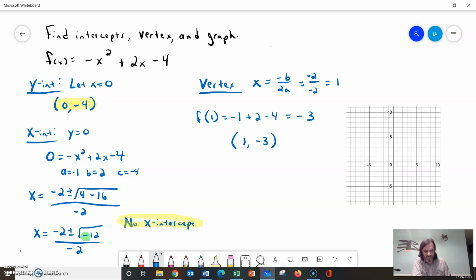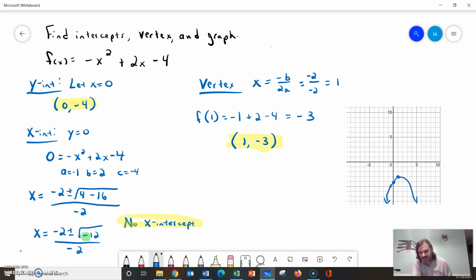Not a lot of points to work with, but let's hope it's enough to do the trick. So we have 0, negative 4 down here and 1, negative 3. Well, that 1, negative 3 is the center of our graph, and it's symmetrical on both sides, so it has to come over to that y-intercept, and then we'll just assume it makes that U shape, and we'll mirror it